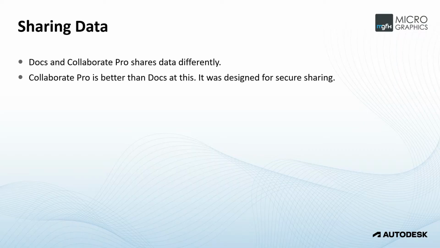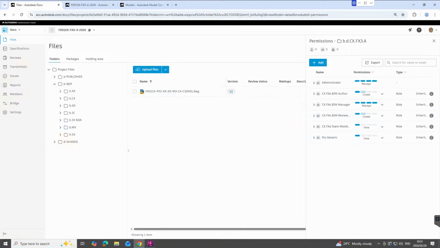Sharing data, we said Docs and Collaborate share data differently. Collaborate Pro is better than Docs at this. It was designed for secure sharing. We've just discussed it with respect to the folder structure. What you've got in Docs is the ability to create a